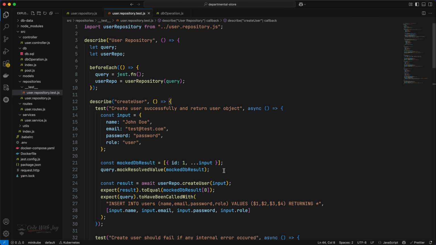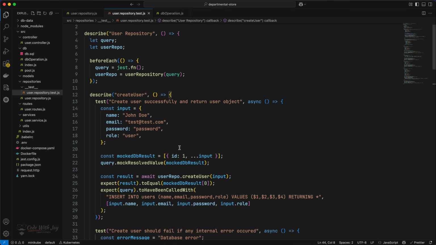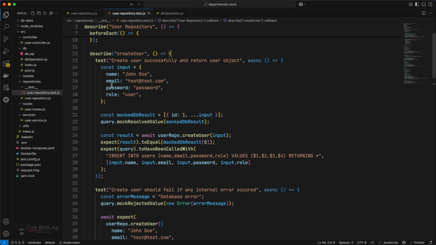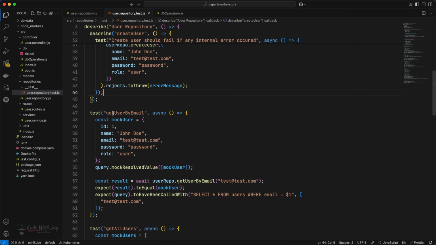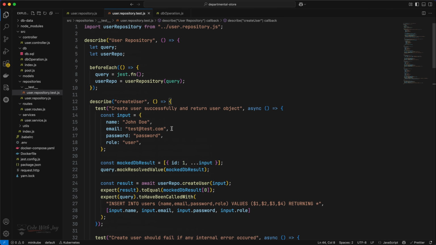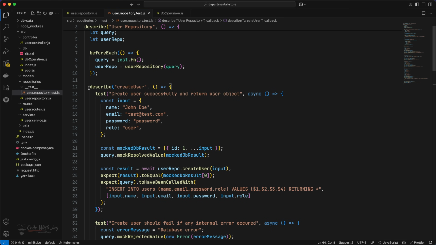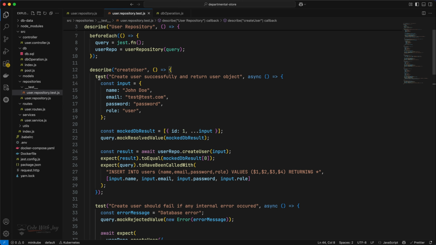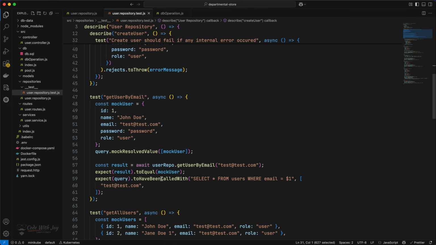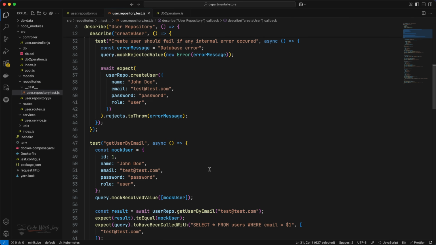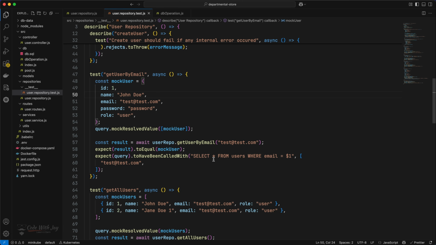So as homework right now, go ahead and add the rest of the other test cases. Maybe you can move the test suite inside something like this, use describe create, and then add some scenarios there. So this is the homework for you. And in the next lecture, I'm going to cover the rest of the test cases for the controller, the user